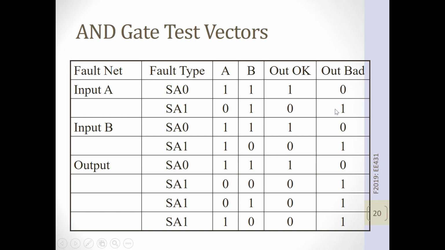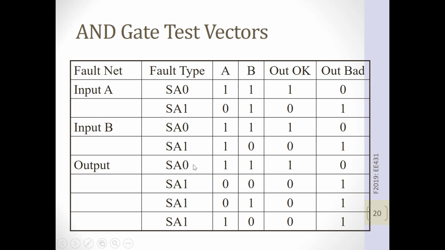And then I'd get 0 if it's working correctly, 1 if it's working wrong. Same thing for the B input. Stuck at 0, stuck at 1, but now it's B that I'm either set to 1 or 0. On the output, if I want to test for a stuck at 0 at the output, I need to